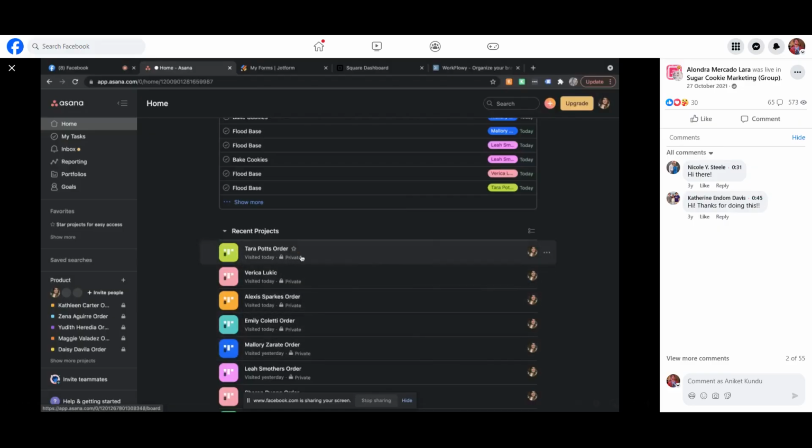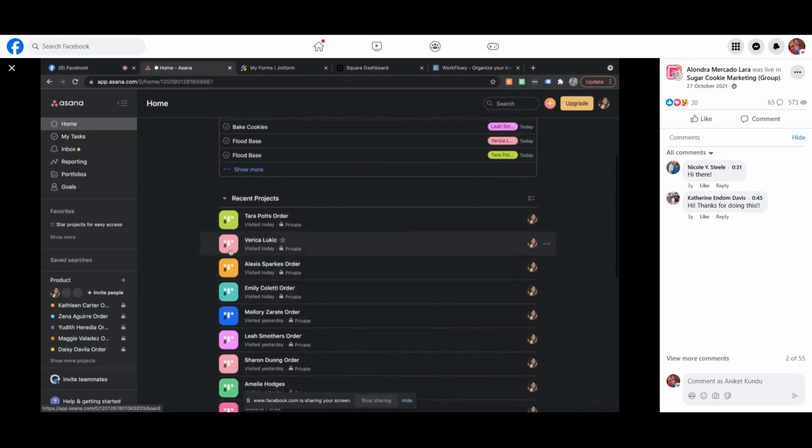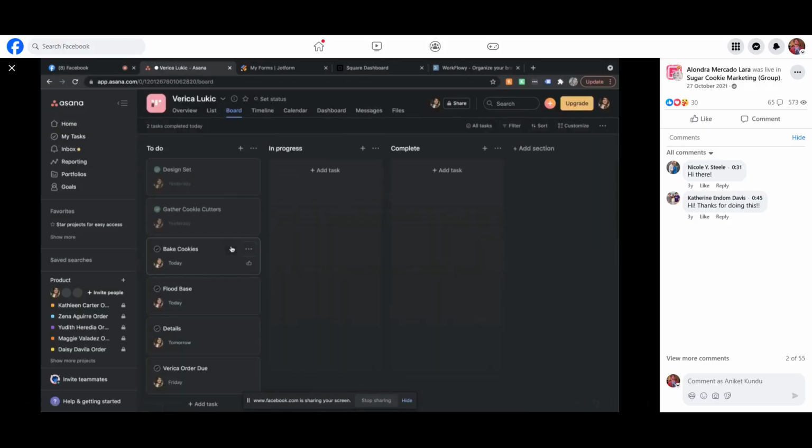So for this, I think this one might be a good example. So this is another order that I have. And again, like I said, I want to create a template without creating a template because I don't want to pay for it. So what you're going to do is, and you will obviously be able to do this after you create,